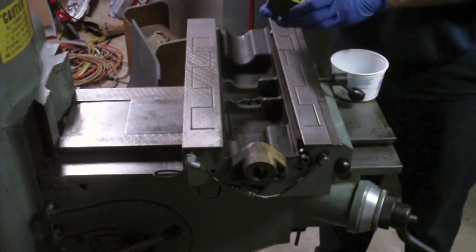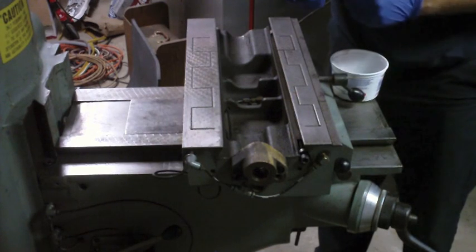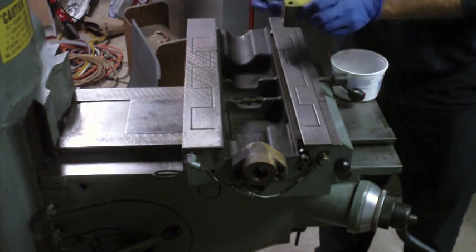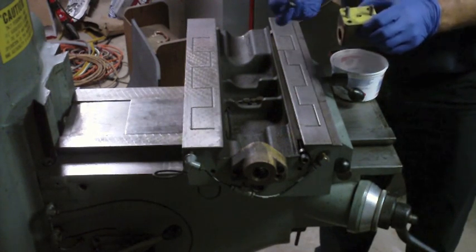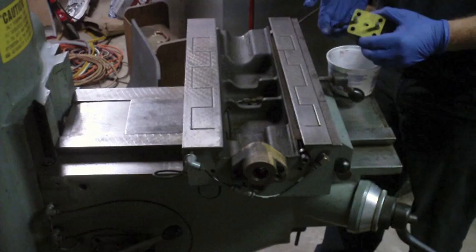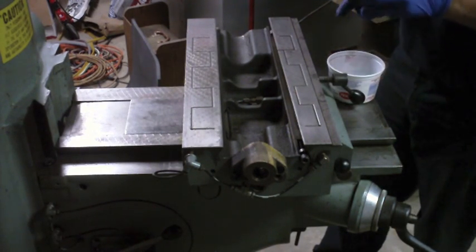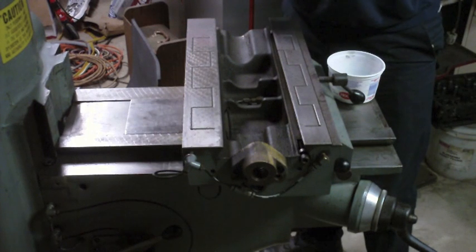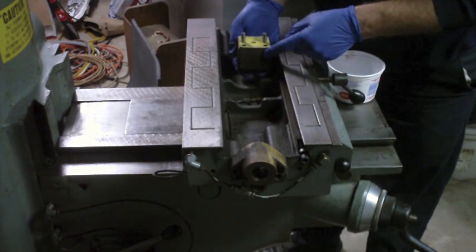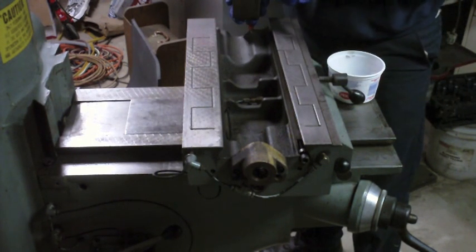Alright, the next step is I've got to get this nut assembly in there, and it's got these two pins that obviously have to line up and get into those holes, and then these are the 4 Allen screws. I know these are the right ones because I kept this with just its screws in its own separate container because I wanted to make sure I didn't mess those up. The only thing I'm not sure of is whether or not it makes a difference which way it goes in. There's a hole in the middle here